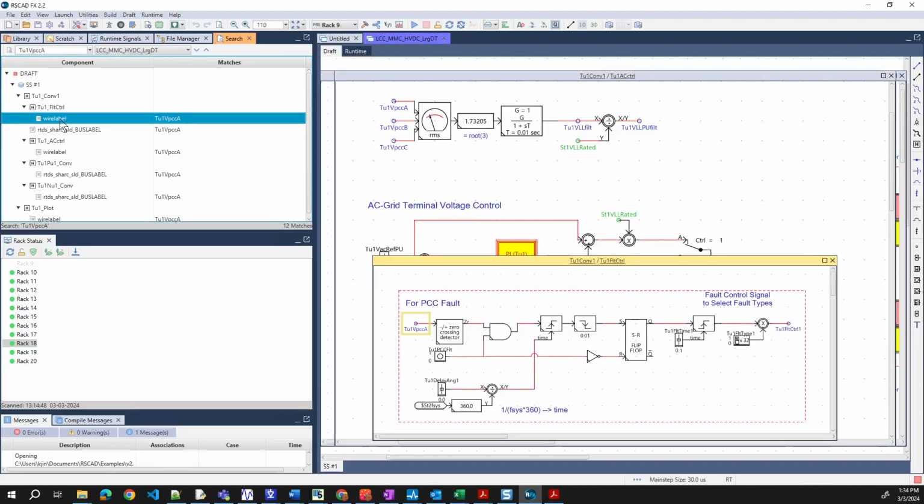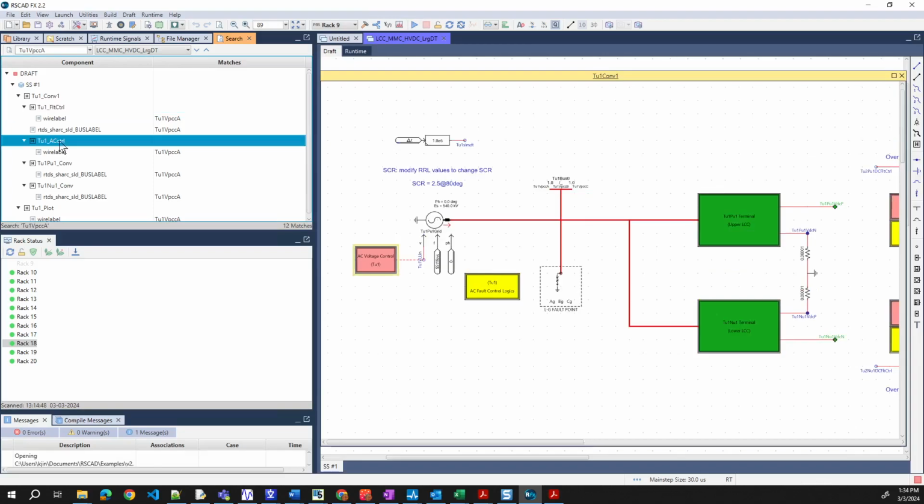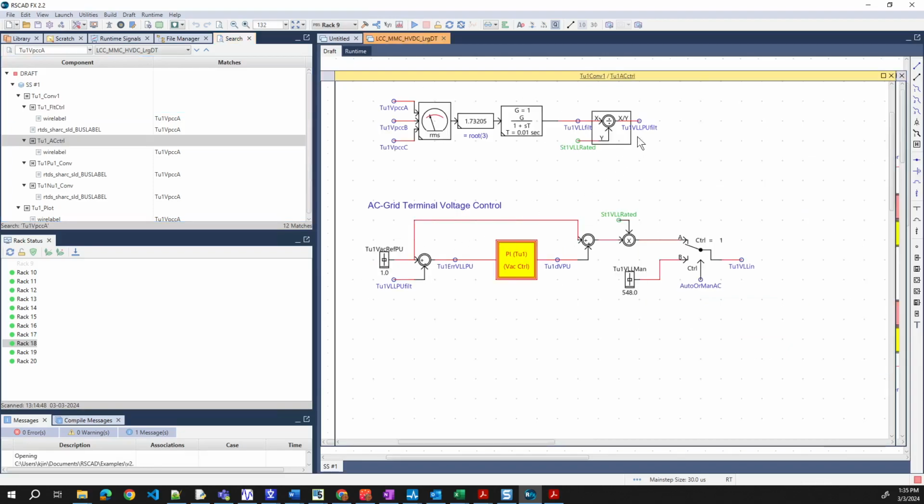PCC fault control signal. So that's this. There's a one fault control. We search this PCC. Isn't that what we searched?